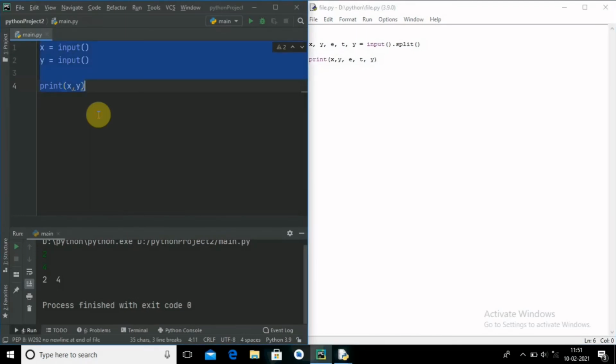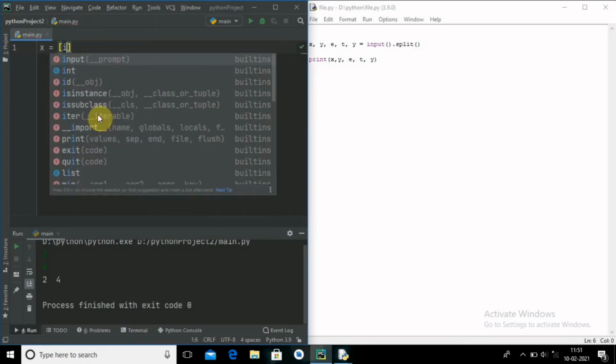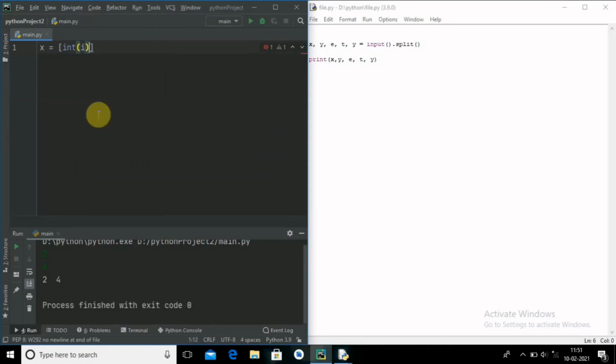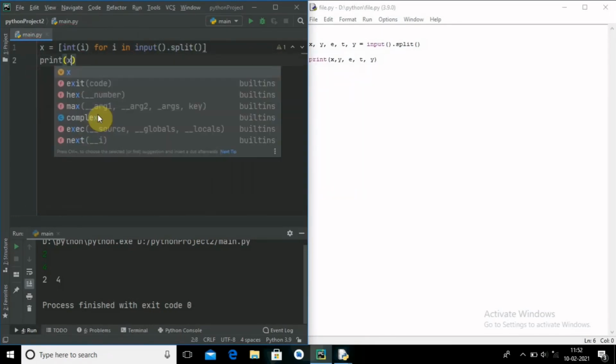So when you don't know the exact numbers, how many numbers you are going to print, then for that we will use a command or list in such a way that I want to print an infinite number of numbers. I don't know, it may take 5 or 6. For that, for x in input dot split, then print x.